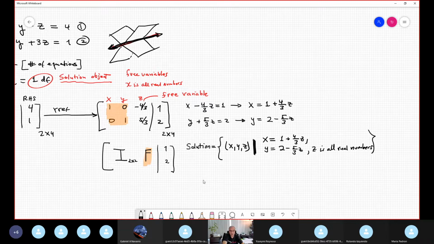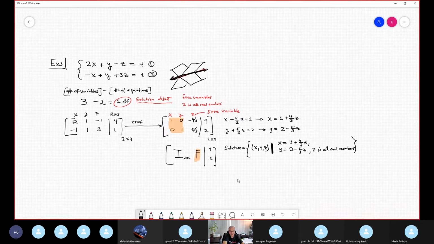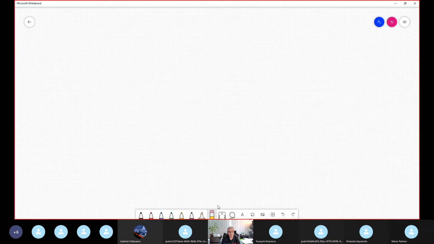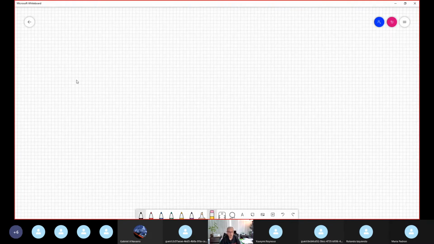To understand any possibility, the most important for me is the interpretation. So step number 1, set up the matrix associated with the system, put it in the computer using Geogebra or another software, and the answer that you get is the interpretation. Okay, let's move on to example 4. In example 4, we have another situation. Suppose example 4 is